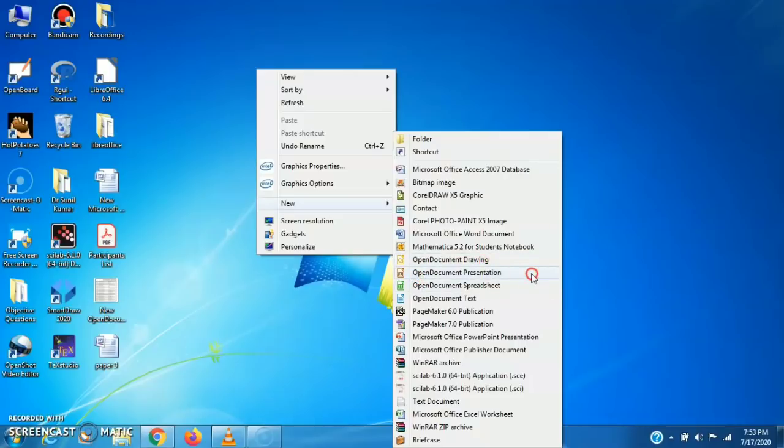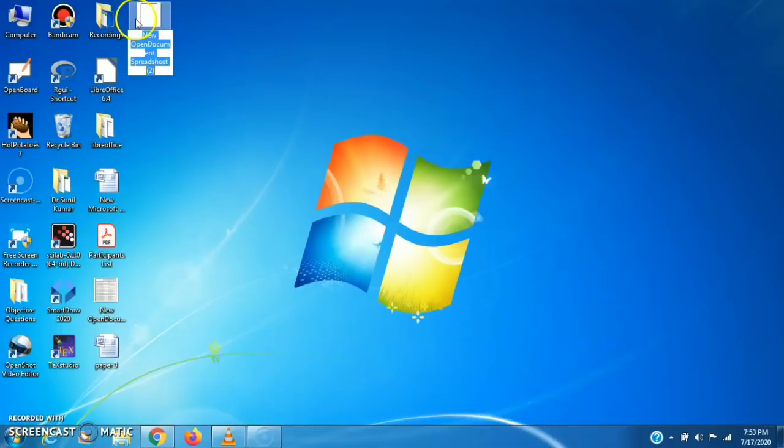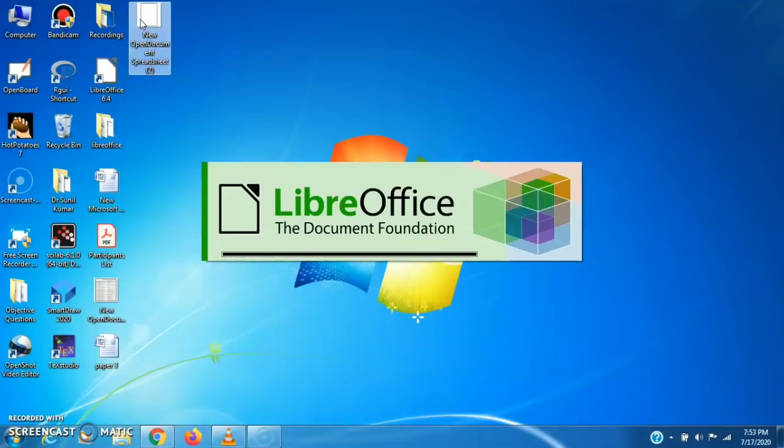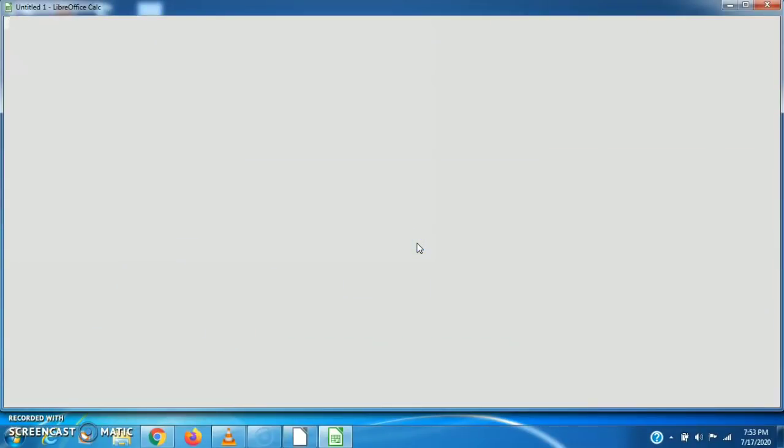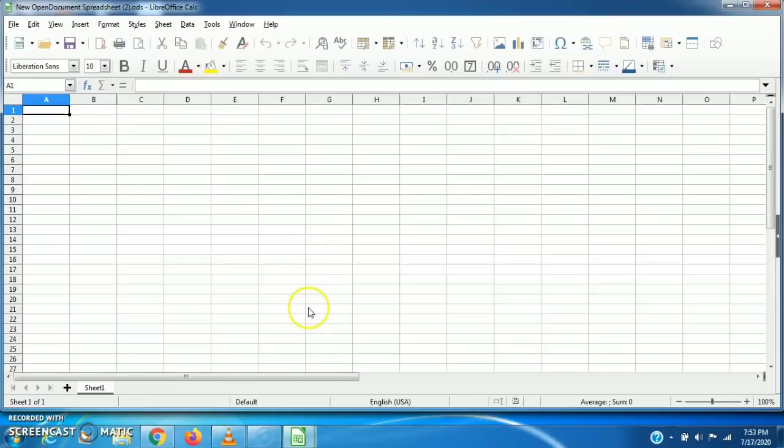We can create open document presentation. We can create open document spreadsheet. If I click on spreadsheet, then this type of file will appear. This is the same as our normal Excel file. All the options are here.